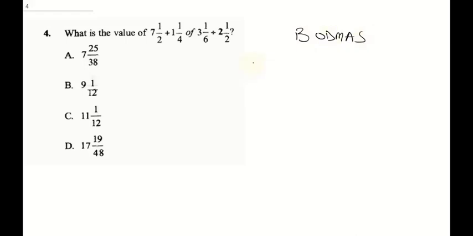So for you to evaluate this, it is going to be 7.5 plus 1 whole number 1 over 4 of... Now something you need to know is you do your "of" first. This is 1 over 4 of 3 1 over 6 divided by 2.5. So this will be 7.5 plus, now I'm going to change this to an improper fraction. This will be 5 over 4